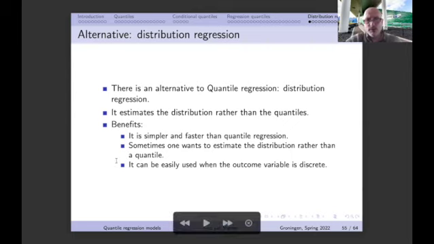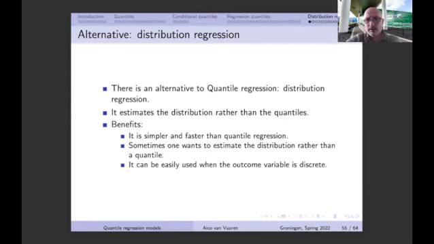So that's the first benefit. The second benefit is that sometimes one wants to estimate a distribution rather than a quantile. We'll get to a particular example with respect to the next topic, where we're going to look at counterfactual distributions. If you want to estimate a distribution, then you may, of course, say you could use quantile regression with respect to that, because quantile regression, quantiles are, of course, nothing else than inverse distribution functions, and quantile regression